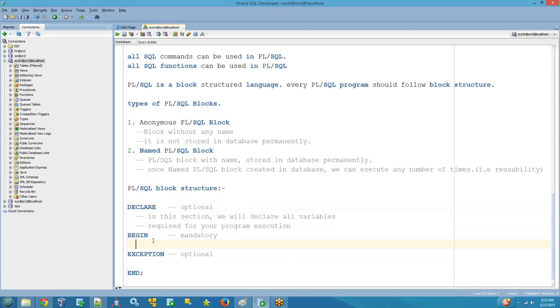What is the begin section? The begin section is all executable code. All executable code will be written in this section. Whatever code we need to write, that code goes in this begin section. The declare section is for declaring variables, and the begin section is for all executable code. Here we will write